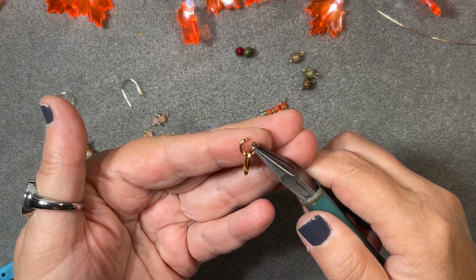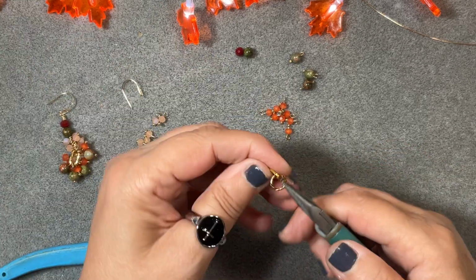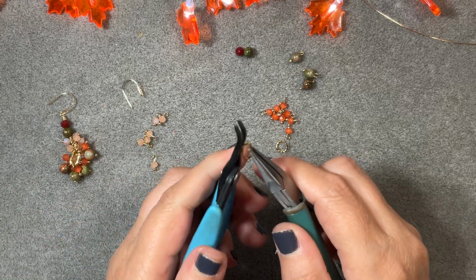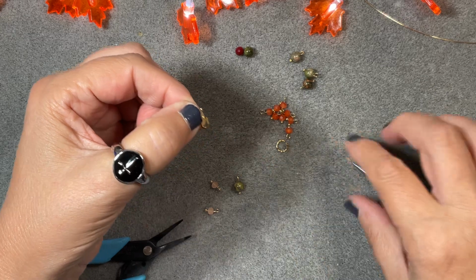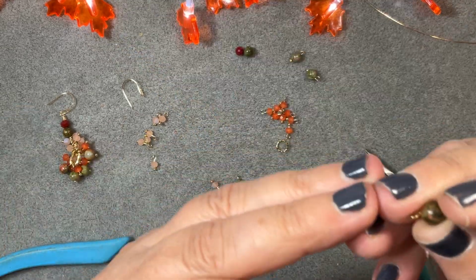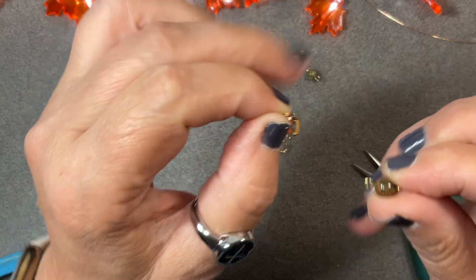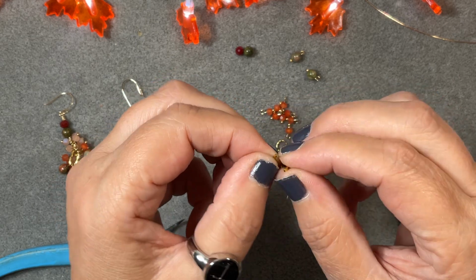So, oh, I just said I was going to feed it. I'm so sorry. I just completely jelled you guys. I just said we're going to work from the bottom up. It doesn't really matter the way you assemble them. It's completely up to you. So what I'm going to do is feed my loops. And again, I'm going to make sure that the openings of my loops are all facing away from me when I feed them on. Then that'll be the back of my earring, right? And so I'm going to start by feeding on a